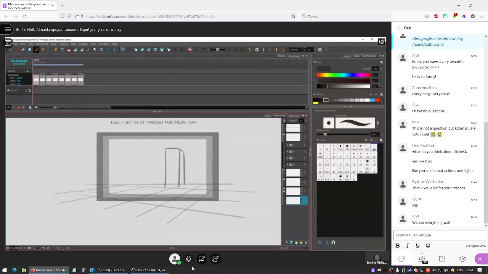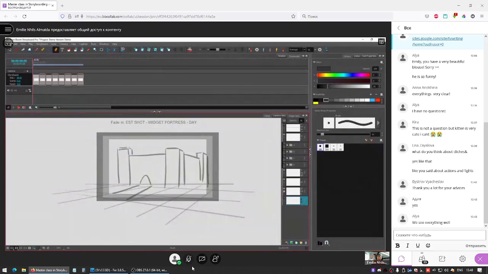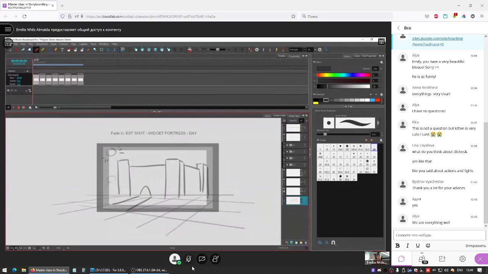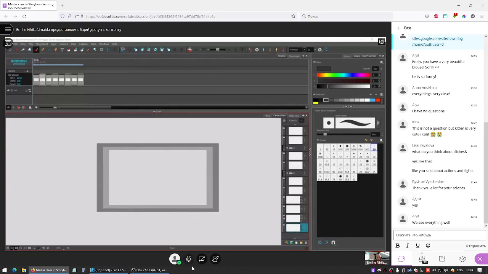I'm not going to bother with extra information. So if we have an establishing shot, and this is the castle that the characters will be going to, we just see that it's daylight. We have a castle and maybe it's surrounded by a little bit of bushes and forest. And then the script goes into,